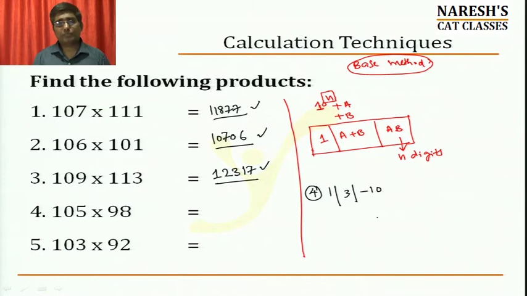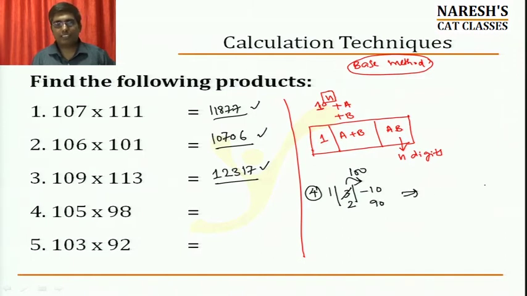Whenever in childhood you tried subtracting 4 from 3, what do you do? 4 is a number larger than 3, so you take a carry forward. Here also, whenever you have a negative number, you will take a carry forward. Because minus 10 cannot be there in the final product, if I take a carry forward, what do you take the carry forward as? Carry forward would always be equal to the base value. In this case, the base value is 10 square or 100. Out of 3 you carry forward 1, it will become 2, and 100 minus 10 will become 90.